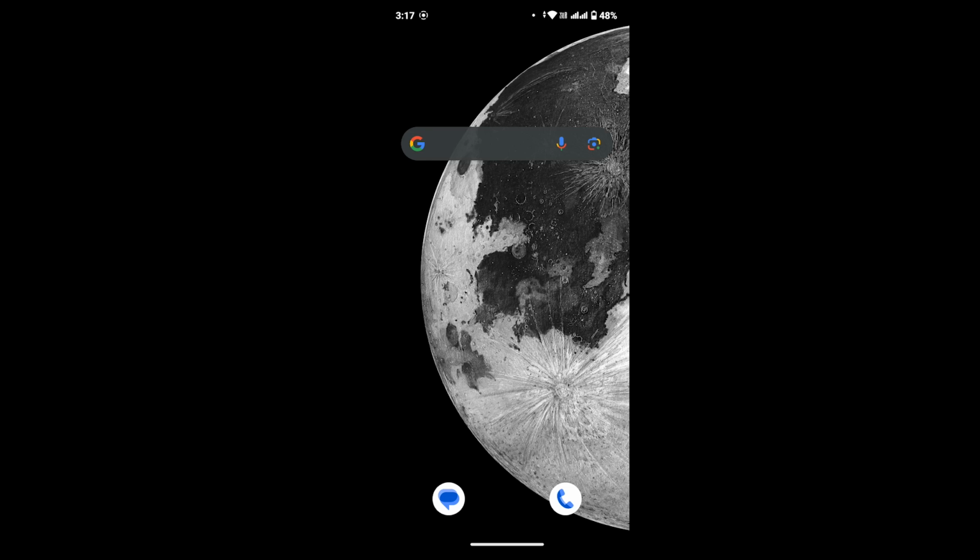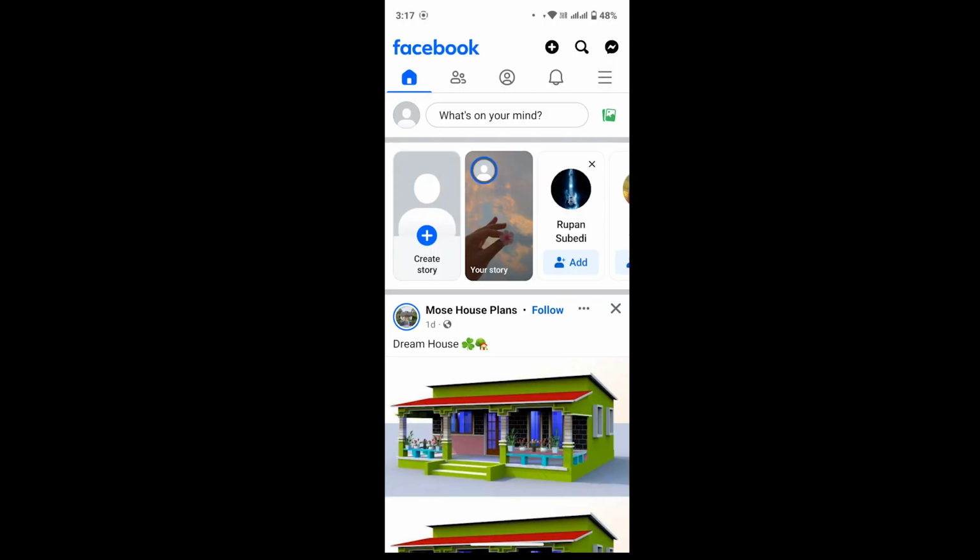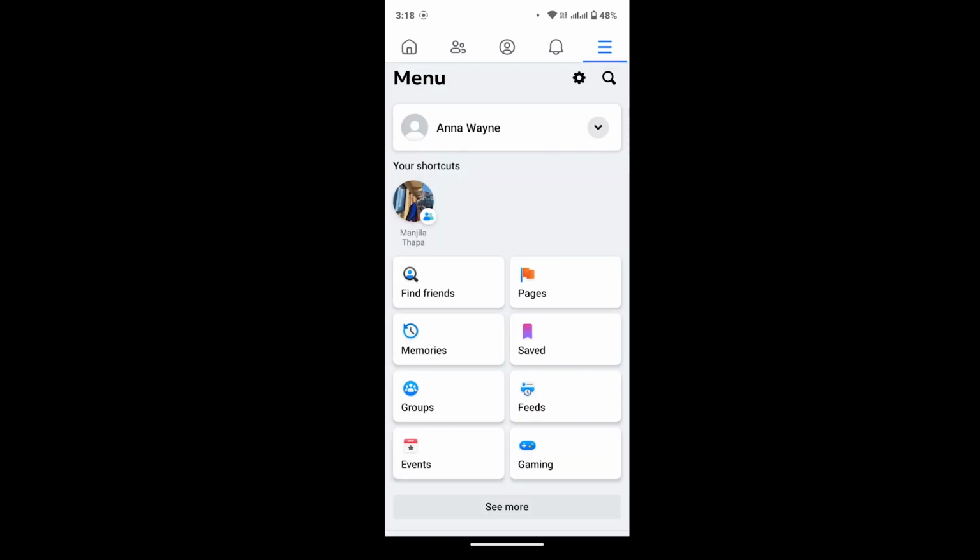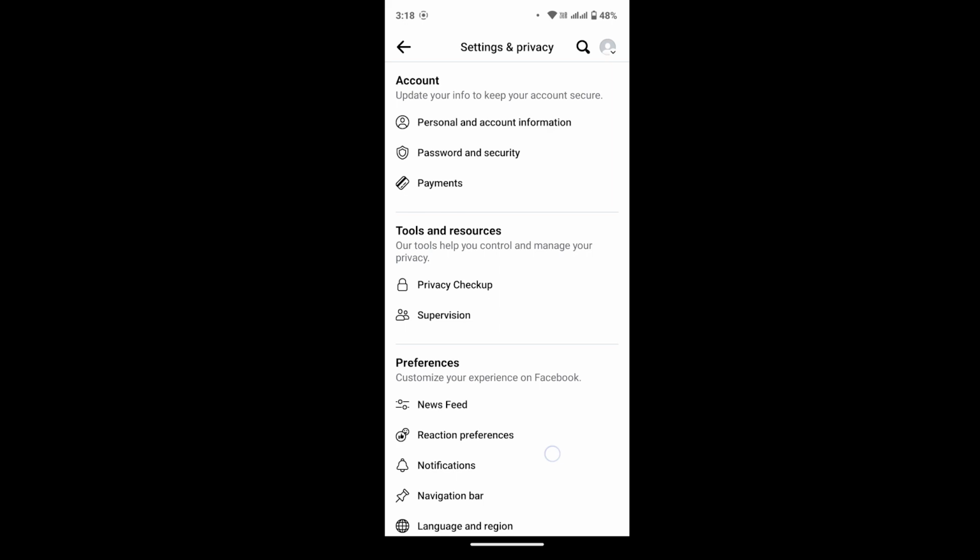First of all, on your device, launch the Facebook app and make sure that you're logged into your account. After that, to delete all your Facebook posts, first tap on the three-line icon that you see on the upper right corner of your screen. Once you tap on that, tap on the settings icon and then scroll all the way down